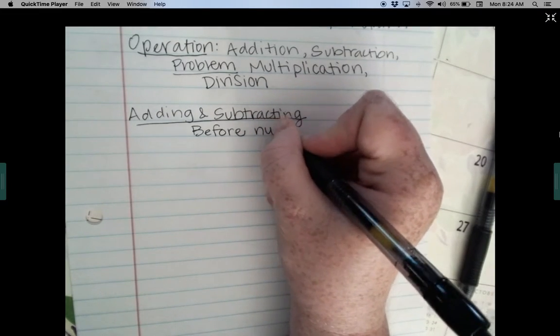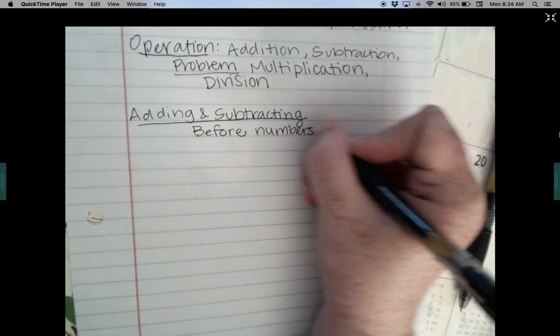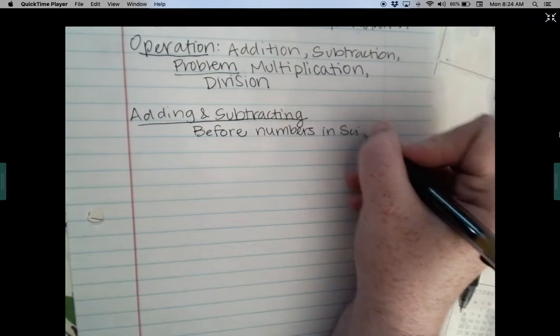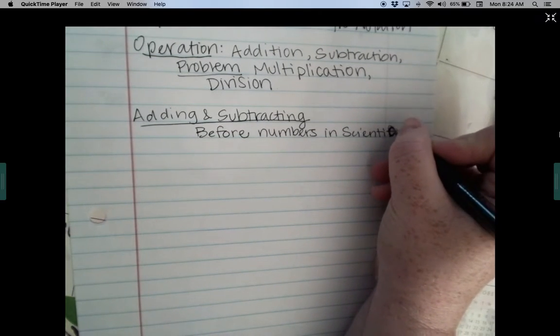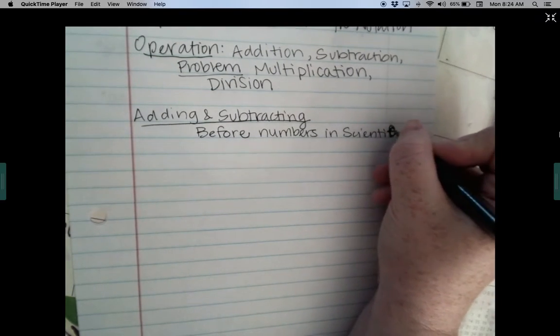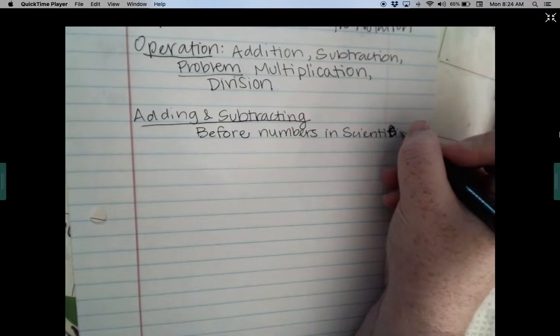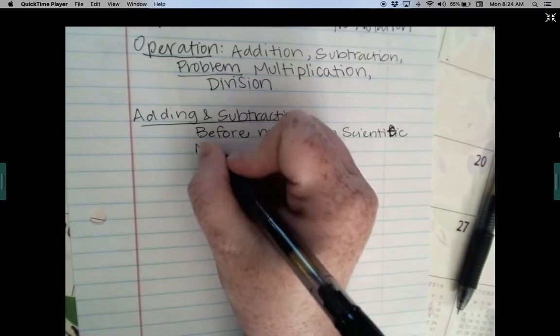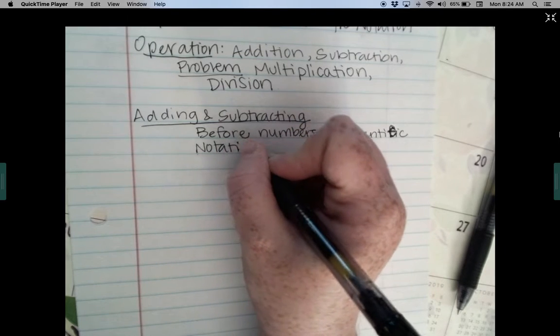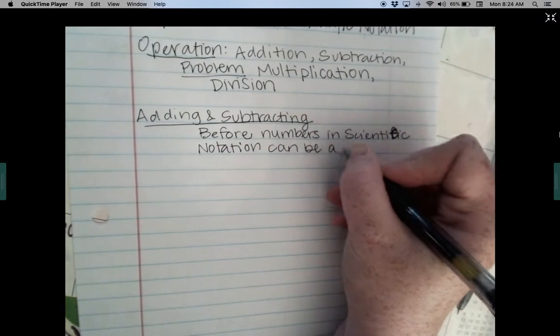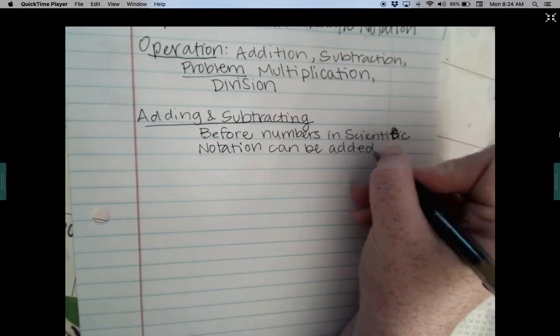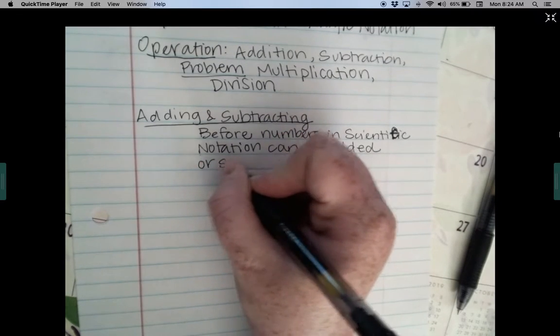Before numbers in scientific notation can be added or subtracted,